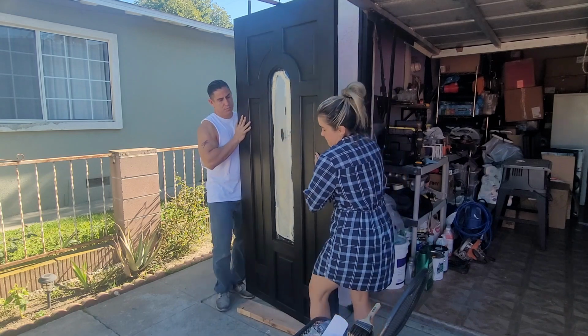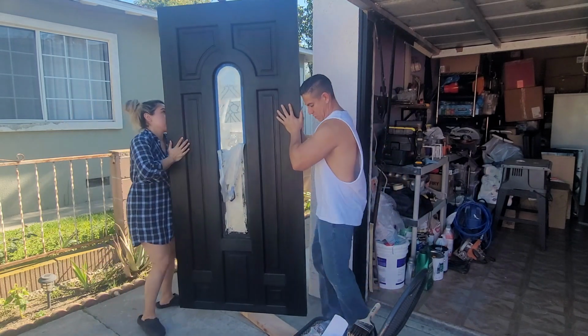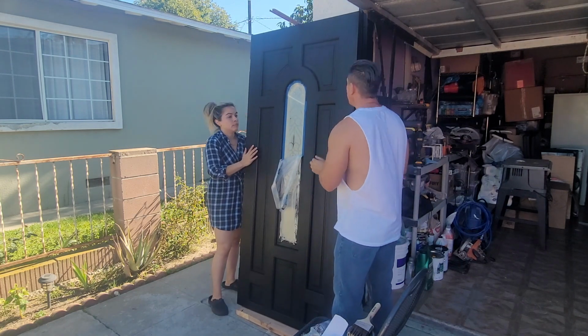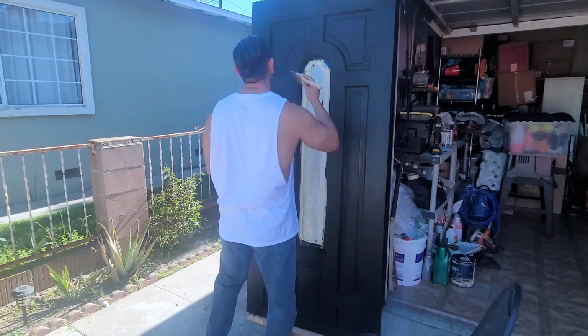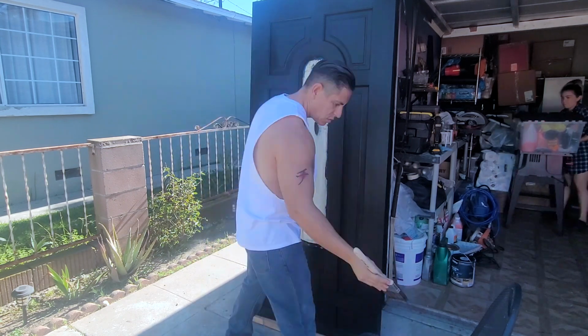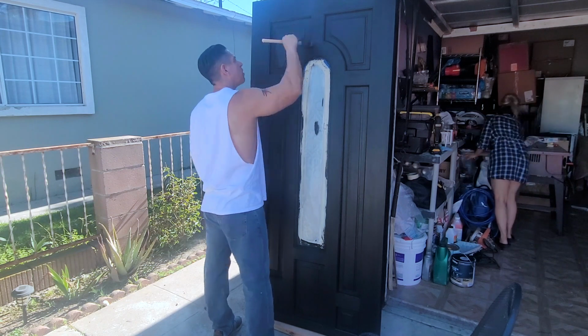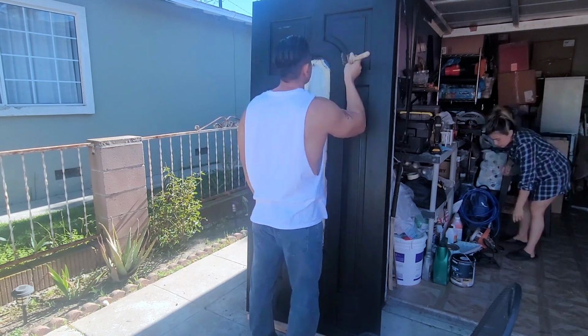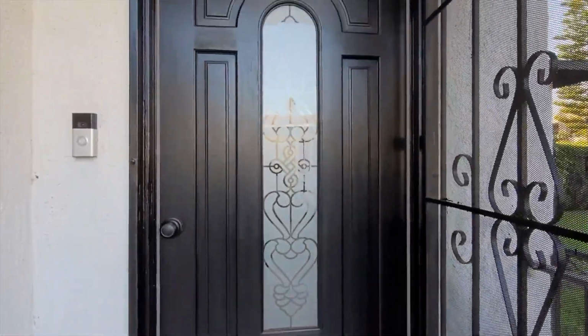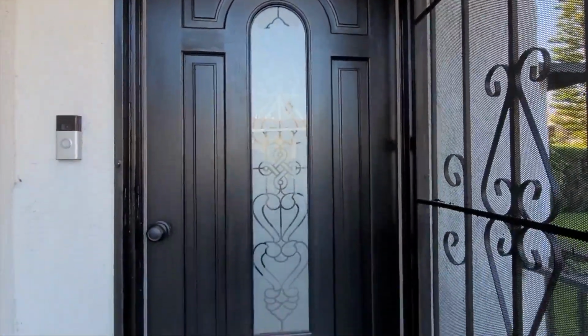So after sealing the first side, we let it dry for a tiny bit, and then we flip it over and seal the second side. And this is how it turned out. The black color goes very well with the color scheme of the exterior of the house,